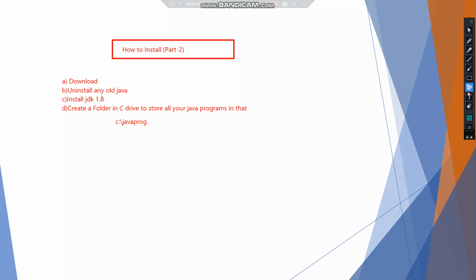Okay, now the fifth step. If we talk about the fifth step in our installation process, it is basically the path of Java. Okay, so what do we mean by the path of Java? That is the Java folder actually. Okay, so for that I'll show you how you can see the path of your Java folder.